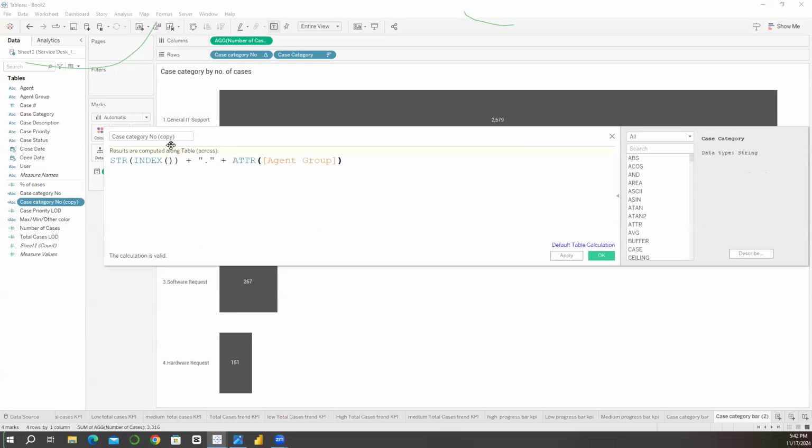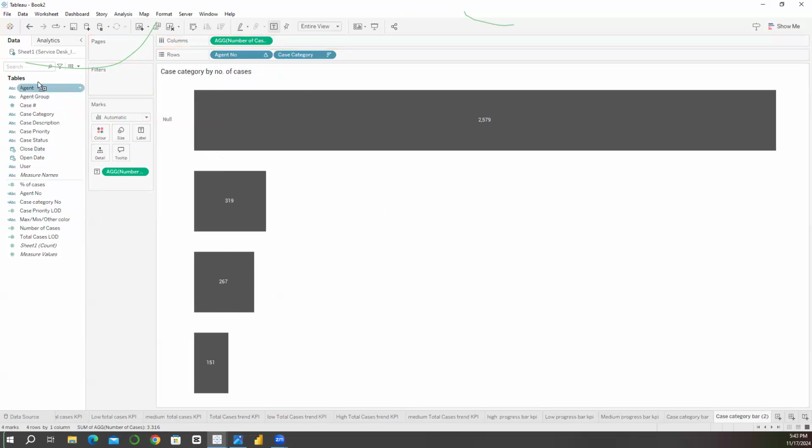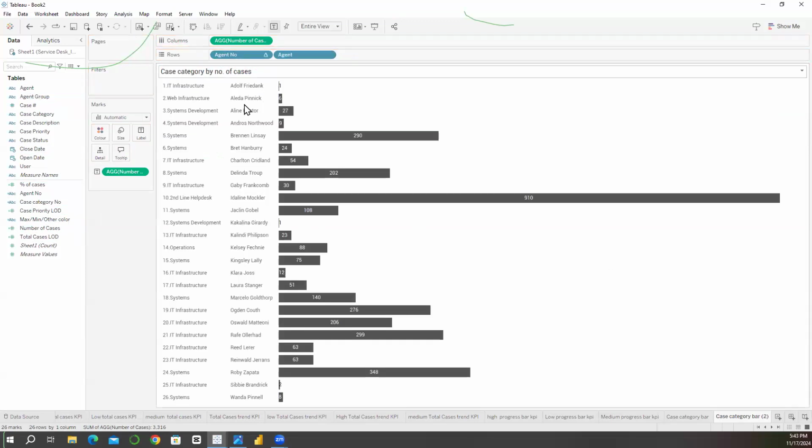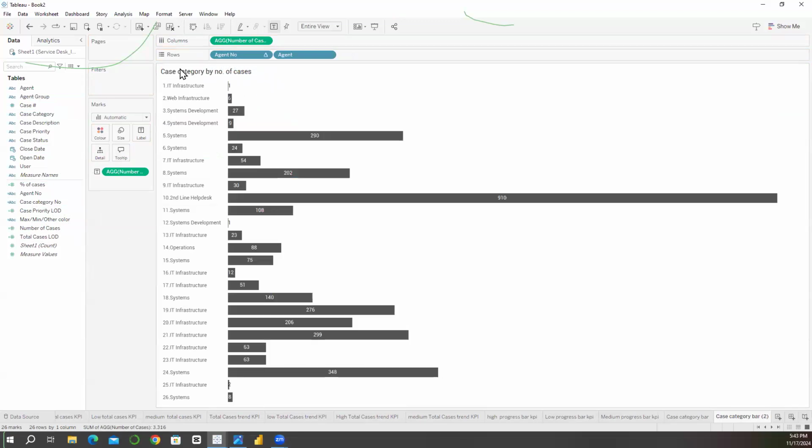Yeah, like this. So we have this, and we have this. All right? So this is it now. So let's duplicate this. We have already duplicated it. So put your agent number here to swap it, and put your agent here also. Swap it. So hide this one, and